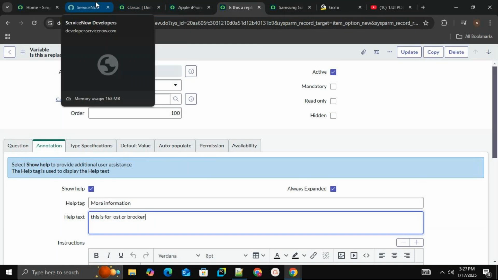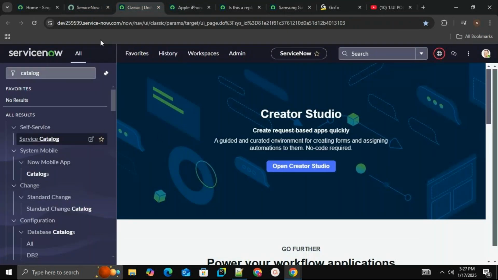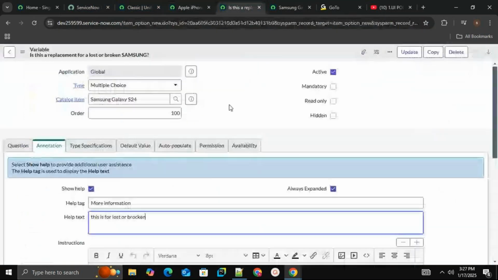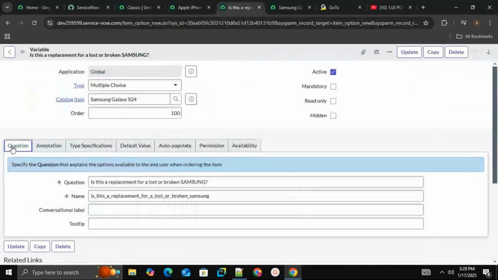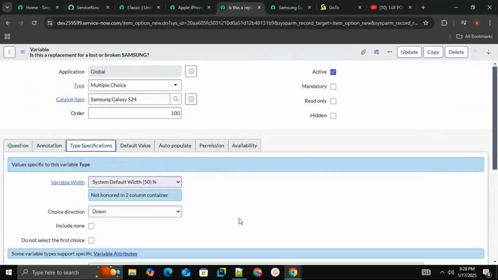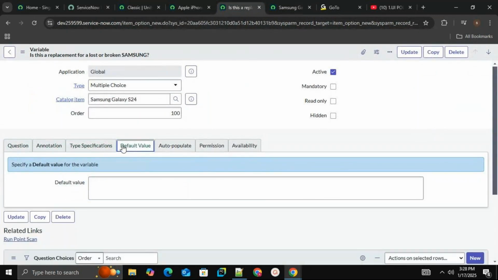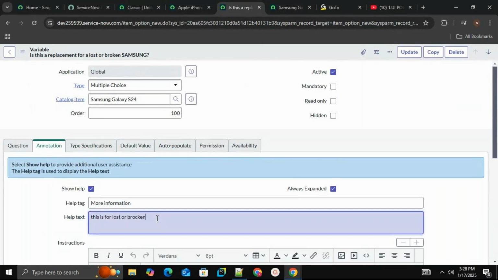Lost or broken Samsung, right? Go over here, annotations. Let me save this